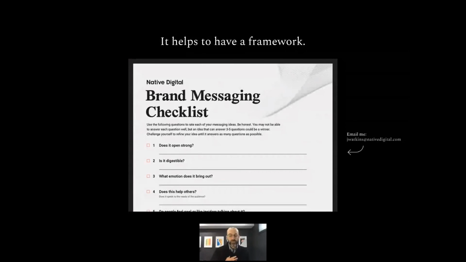This is just a way that, when we have an idea on what a message could be or how we present a brand, we really try to grade ourselves to say, is it as strong as it can be? And our goal here with these 10 factors is to answer at least 4 of them very well. What we find is when we come up with an idea, we fall in love with it, and maybe only 1 or 2 of them can we answer well. And by trying to figure out, okay, how can we get it to open stronger? How can we make this have a little bit more emotion to it? It always strengthens the message. So this is our most requested framework that we use. It's just a simple checklist to kind of grade and strengthen your messaging.